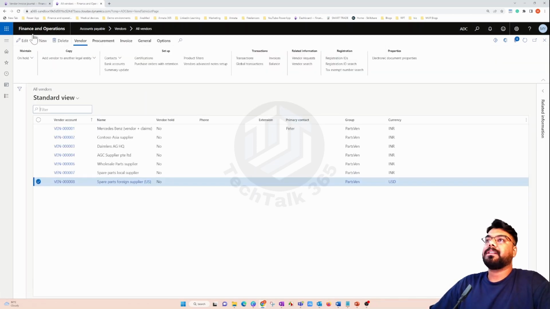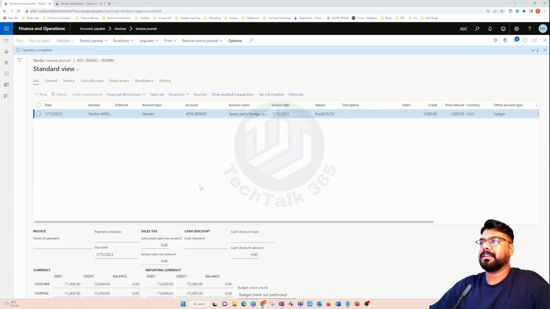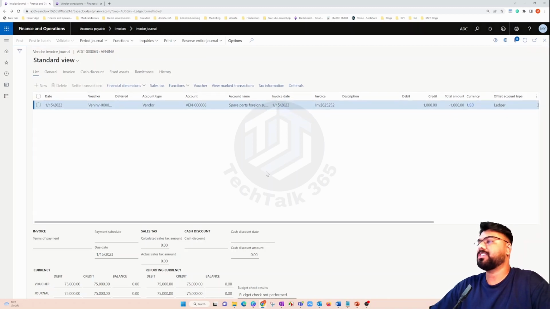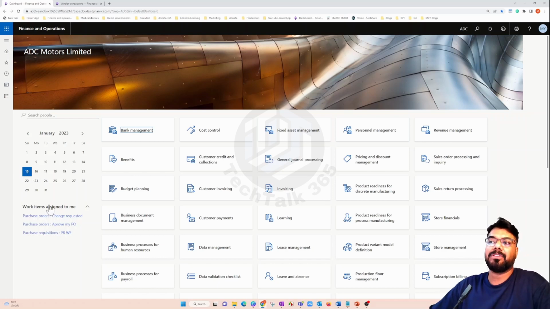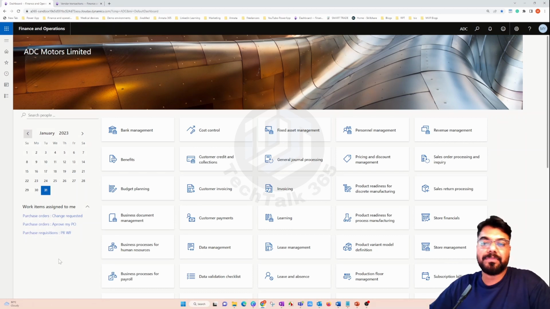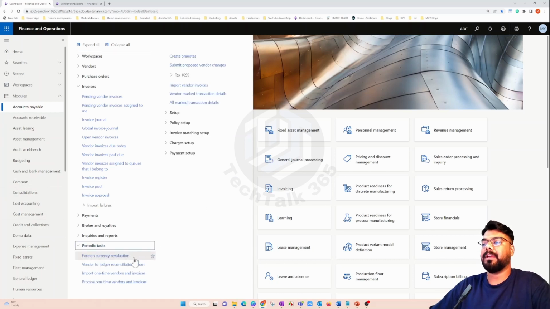So now let's keep this open and let's go to the next tab, and now let's try to change the session date, assuming that now the current date is changed from 15th of Jan to 31st of Jan. Okay. So as of 31st of Jan, we know that the currency rate I've already set up in the system is 70. So now on the 31st of Jan, we are trying to run the foreign currency revaluation, which is run from here, foreign currency revaluation. So just click on that,